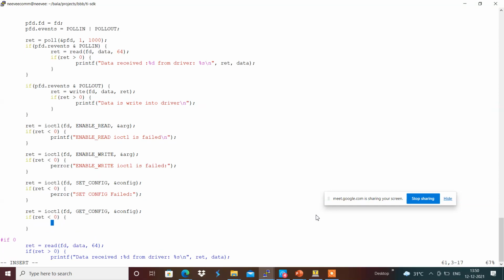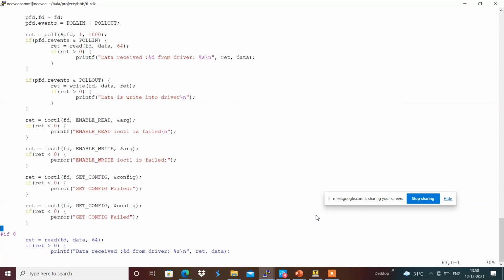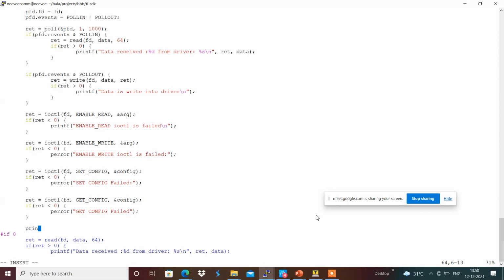Basically we are setting the configuration and getting back the configuration, and once we have got the configuration back, we can print printf new config equals 0x%x over here \n comma config, that we are going to print accordingly.